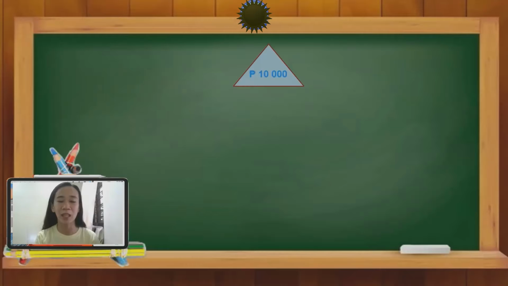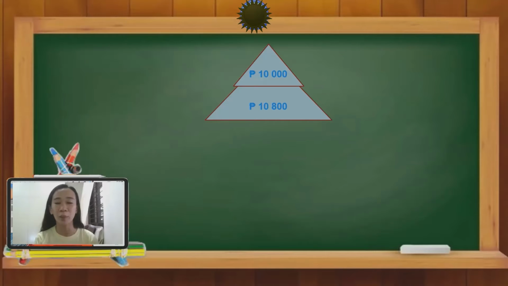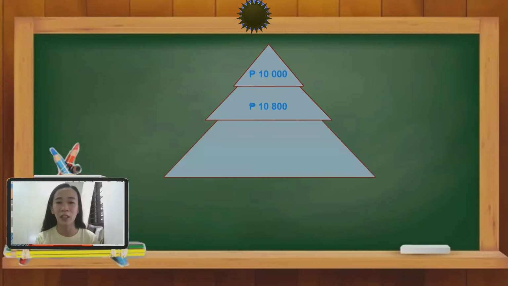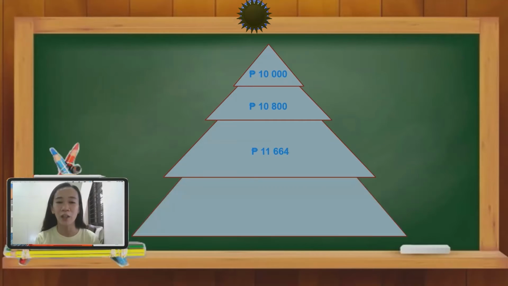Initially, I deposited 10,000. Then after a year, it will become 10,800. How did it become 10,800? By multiplying by the 8% interest rate. Then after another year, it will become 11,664. And for another year, it will become